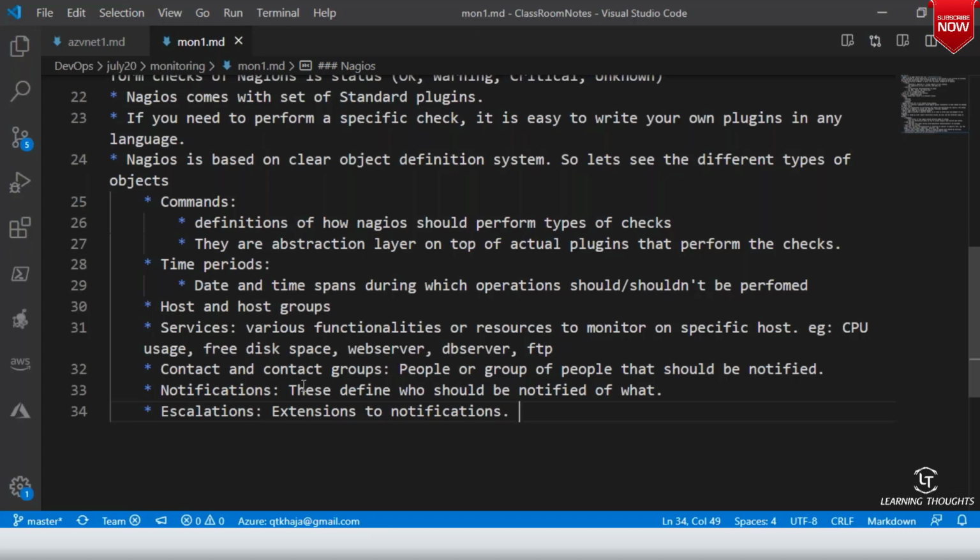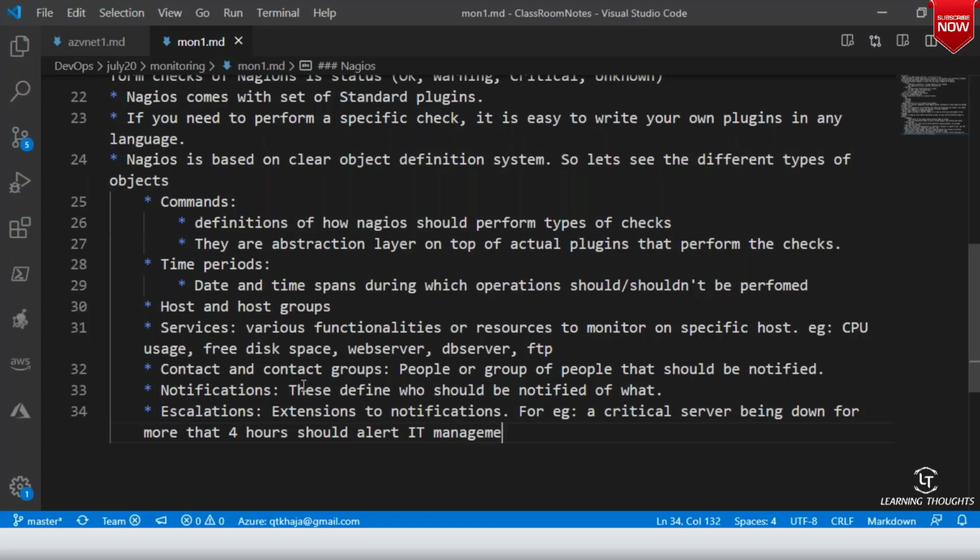So for example, a critical server being down for more than 4 hours should alert IT management so that they can track the issue.